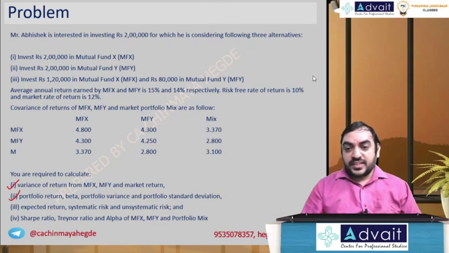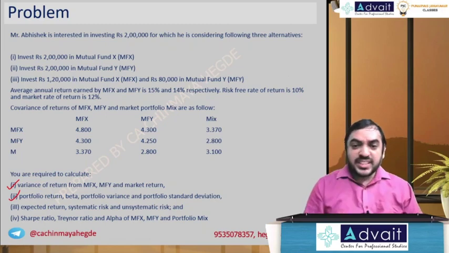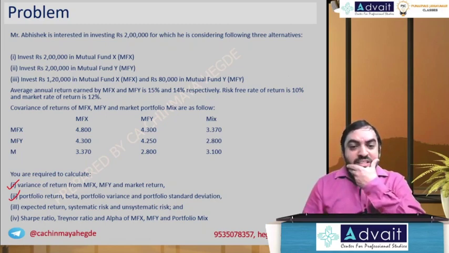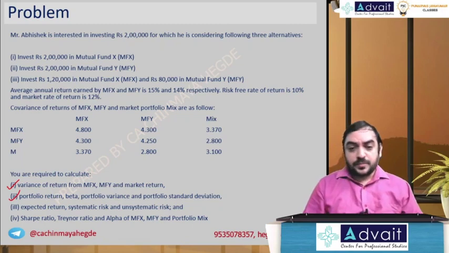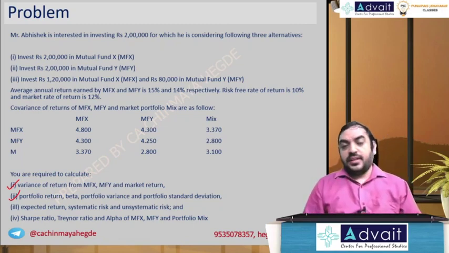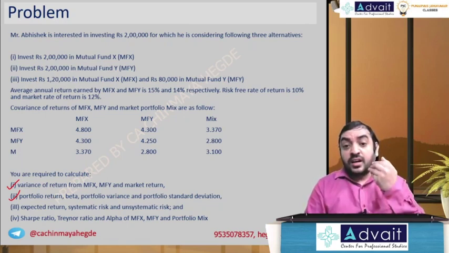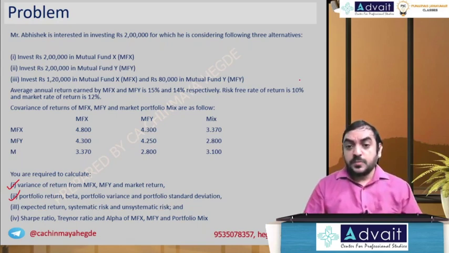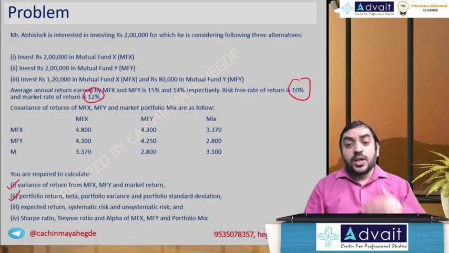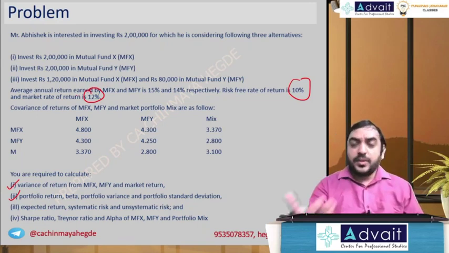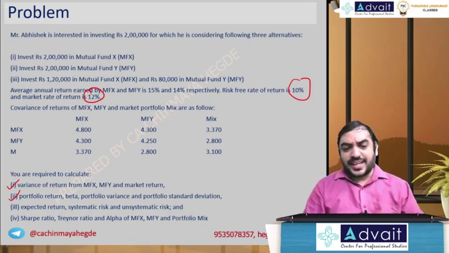Okay, so having said that, let us continue with the third part of the question. Expected return, systematic risk and unsystematic risk of what? Of X, of Y, and of the portfolio. Expected return means obviously we'll go for CAPM return. For expected return, we require RF, we require RM available, and we require beta. Beta we have calculated in the second part of the question.